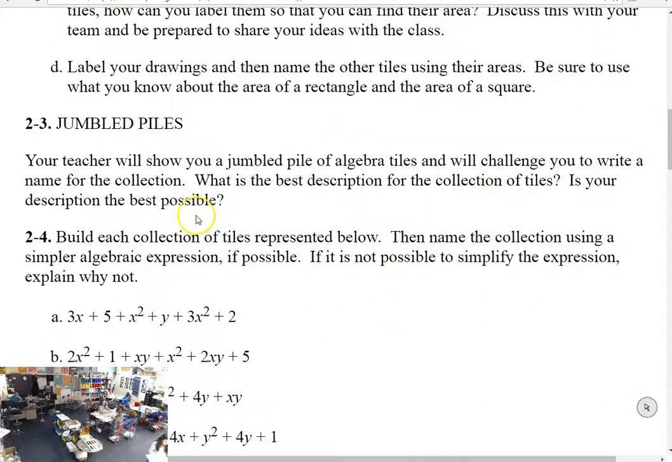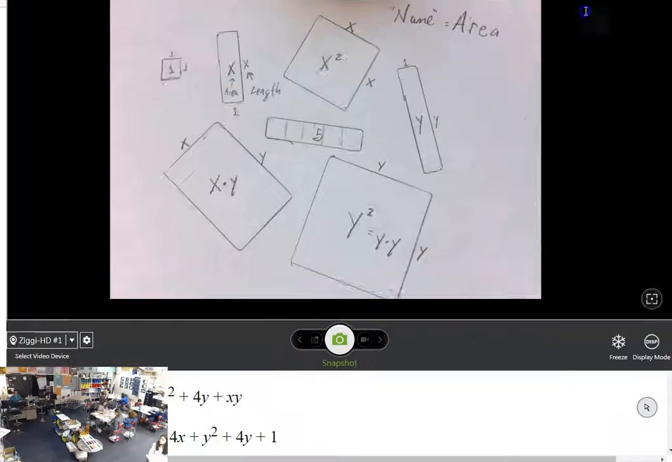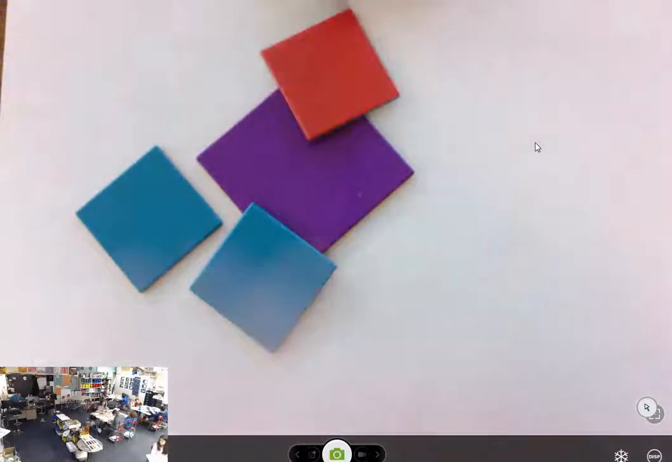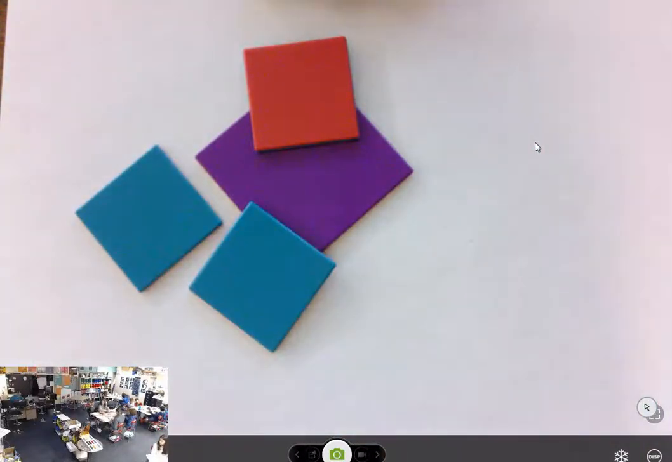Pretty good. So now when we talk about naming an expression, and some of you already worked on the homework last night, the name of the expression is everything collected together, simplified. So I want your team to discuss